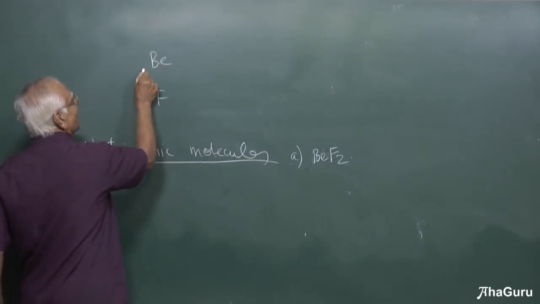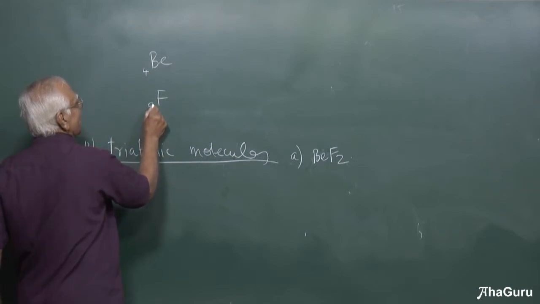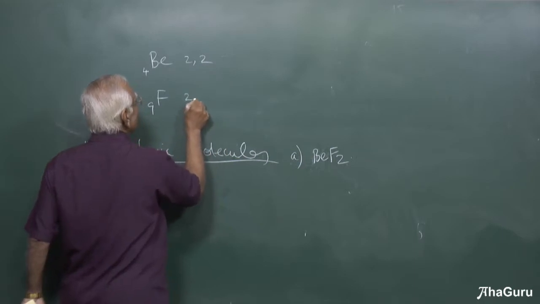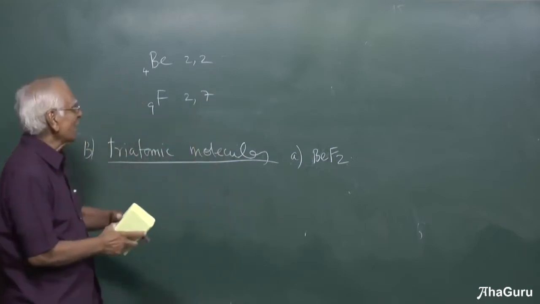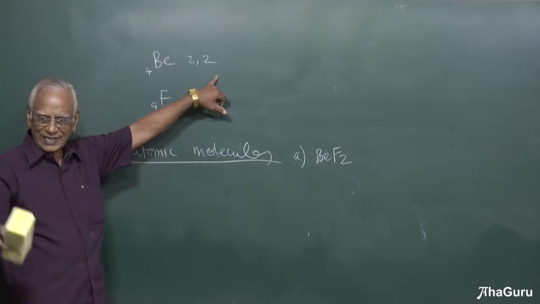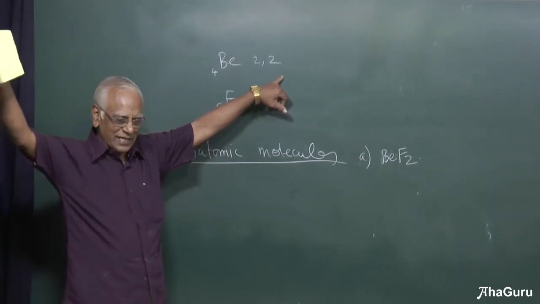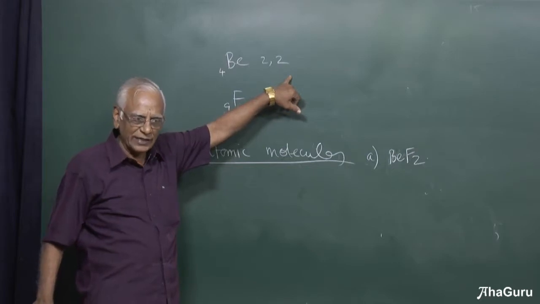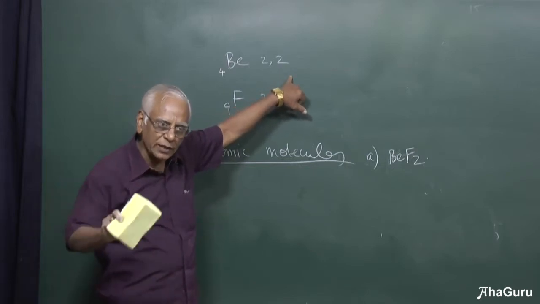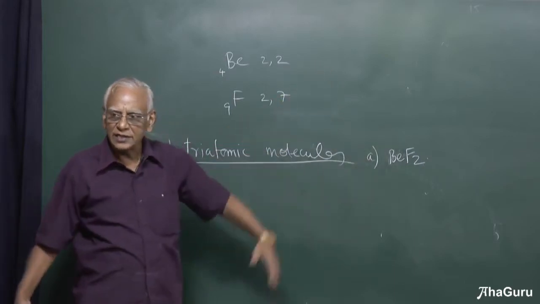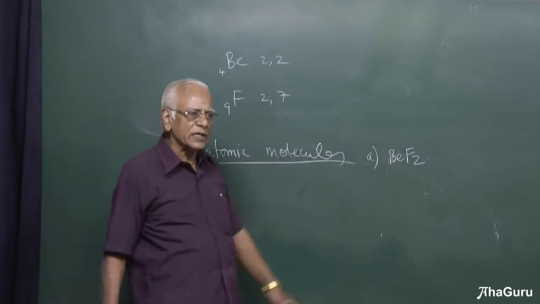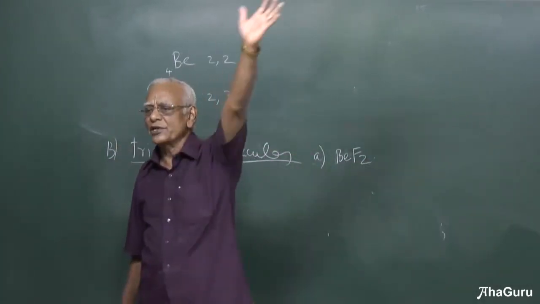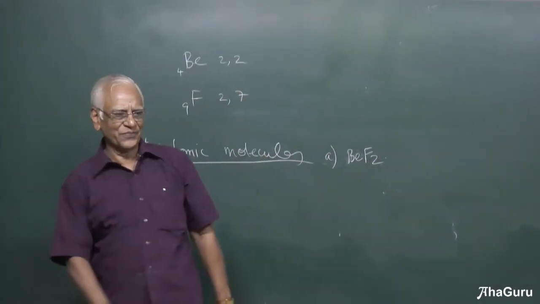Atomic number of beryllium is 4, and fluorine is 9. Electronic configuration 2s2, 2s2 2p5 here. I told you it is not going to remain in the 2s2 here. It gets excited, Be2+, Be+, excited state. Only then it can form a compound. Otherwise, if it is going to remain in the ground state, the oxidation state is 0. Beryllium is expected to be inert and inactive like helium. No, it is not. Beryllium forms innumerable compounds.